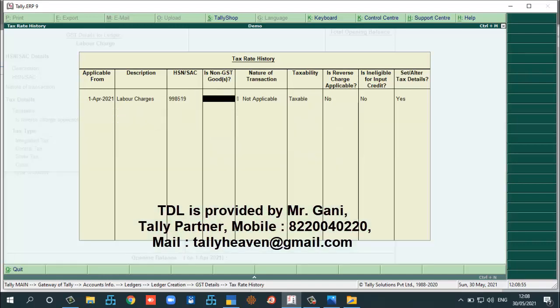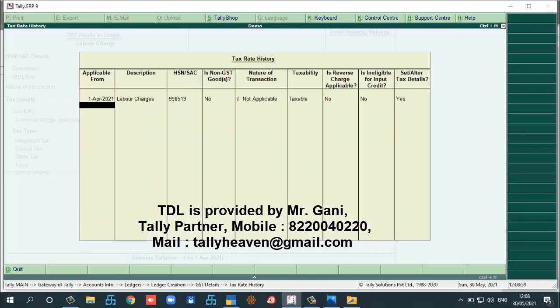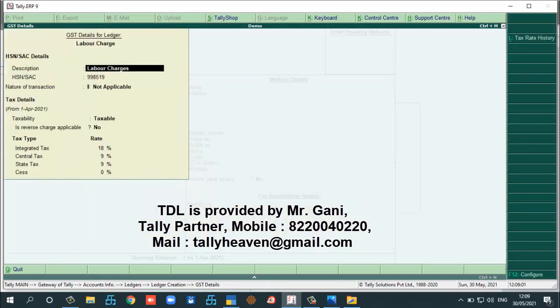So I am taking this one, 18%. Tax rate should be defined at our end.